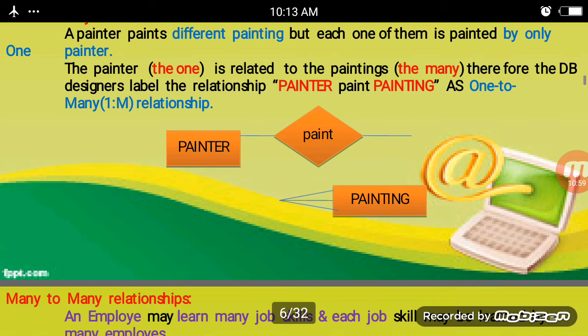Painter is an entity with a rectangle symbol, and the rhombus symbol is the relationship between the painter and the painting. A painter having paintings is a one to many relationship.